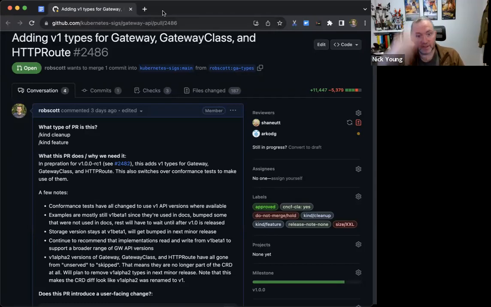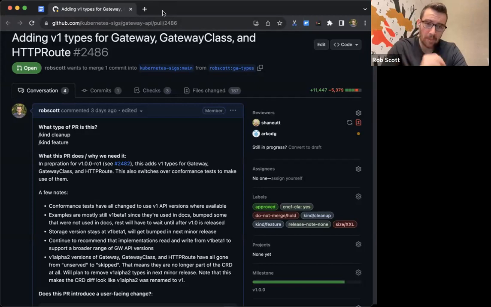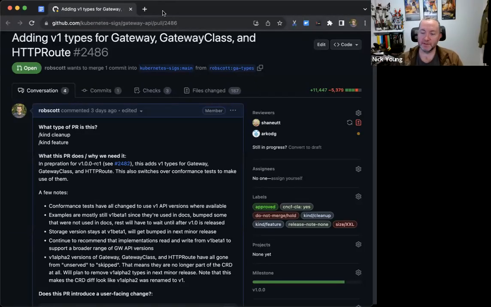The API review that we're doing is basically the changes from the V1 Beta 1 structs from 0.8.0 till now, with the intent being that we're just going to take the V1 Beta 1 structs and rename them to V1. So there are zero spec changes, there's zero API changes between V1 Beta 1 and V1. It's just a straight rename.